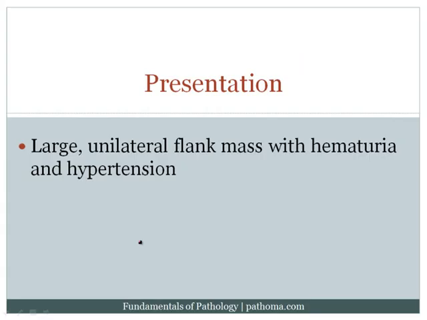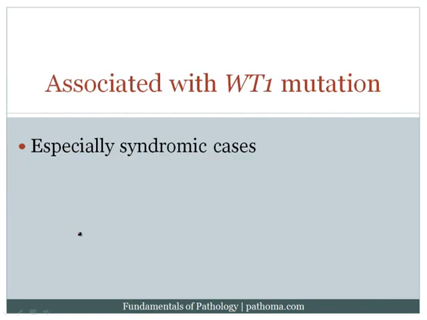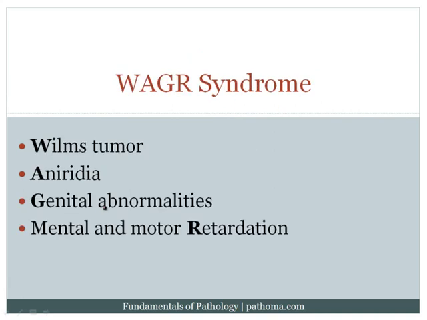Patients with Wilms tumor generally present with a large unilateral flank mass, classically with both hematuria and hypertension. And the hypertension is actually due to renin secretion. Wilms tumor is associated with WT1 mutations, especially in syndromic cases. One high-yield example of a syndromic case would be the WAGR syndrome. The W stands for Wilms tumor, the A for aniridia, the G for genital anomalies, and then the R for